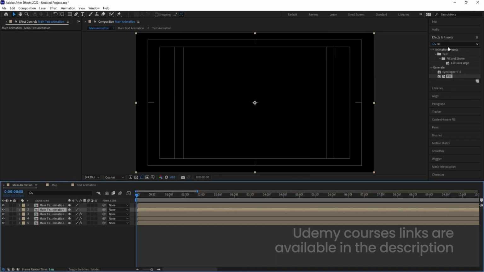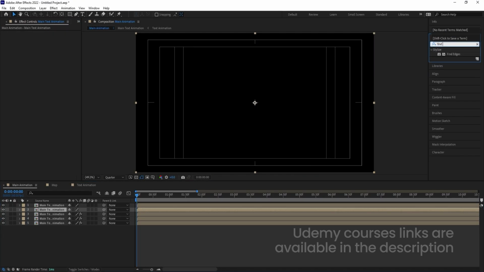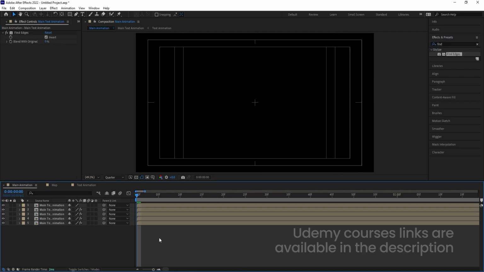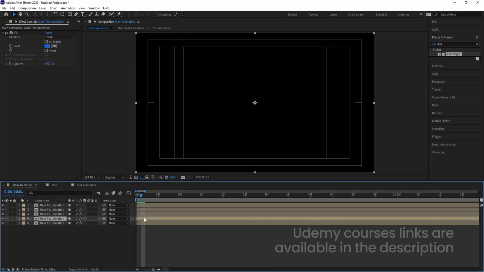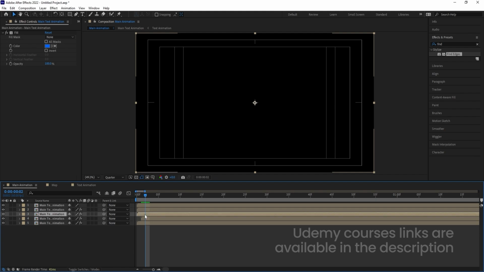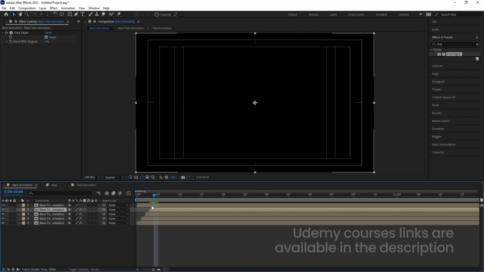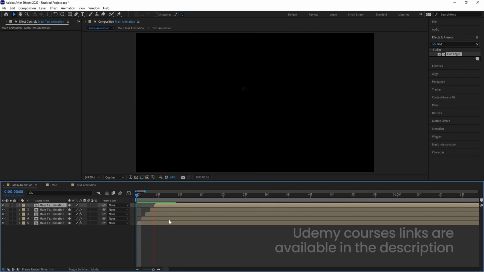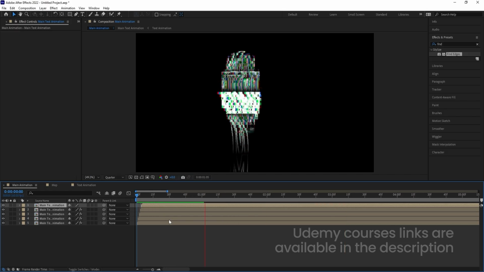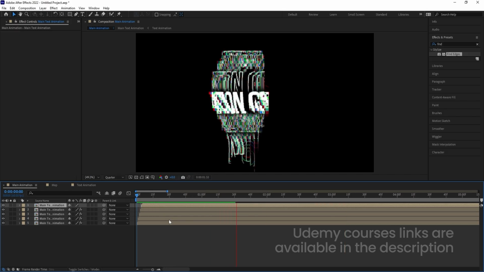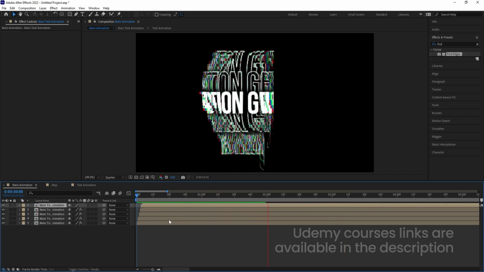Select this second layer and search for find edges effect and double click to apply and choose invert. Then we will hit the page down button one time and select this with the help of the open square bracket, move this over here. Again page down, select this, move this over here and follow this procedure somewhere around like this. So now if you see this, it will get a little bit like that, but your final output would be